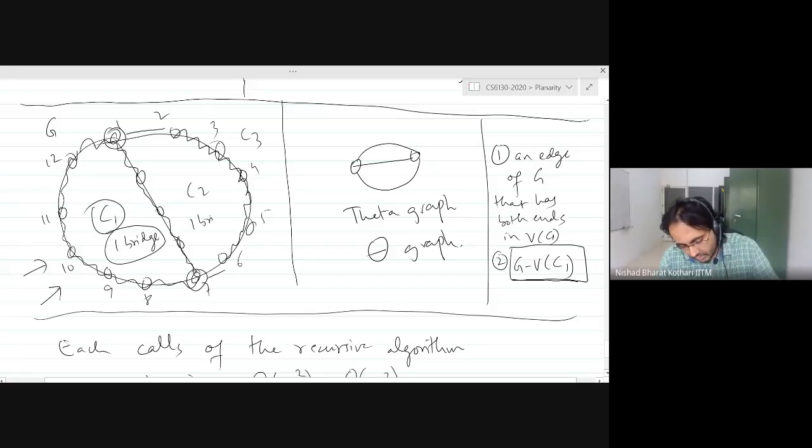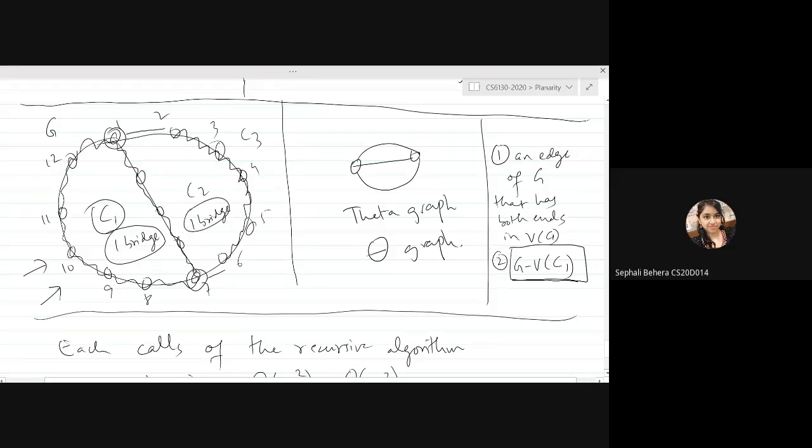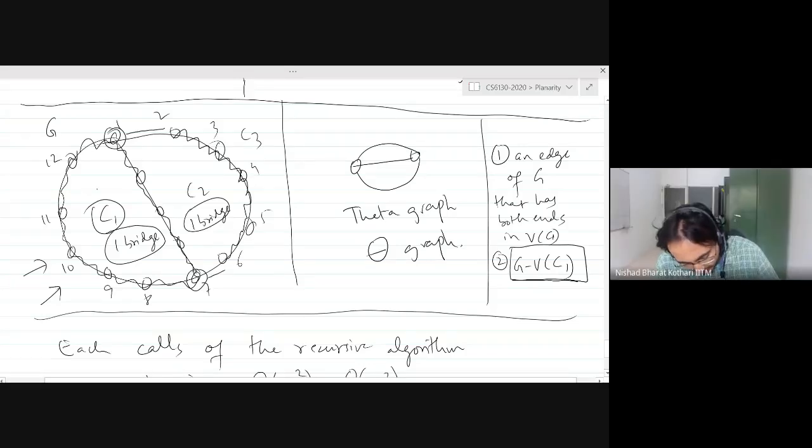One bridge. What about the outside cycle C3? Outside cycle C3 will have the bridge from 1 to 7, the middle one. Oh, the middle one, right. I did not label them 13, 14, 15. So it will have 1, 13, 14, 15, 7, the whole path. Yes. So C3 also has one bridge. So these cycles are not separating, because for each cycle there is exactly 1 or 0 bridges. In our case, it is exactly 1 in this example.